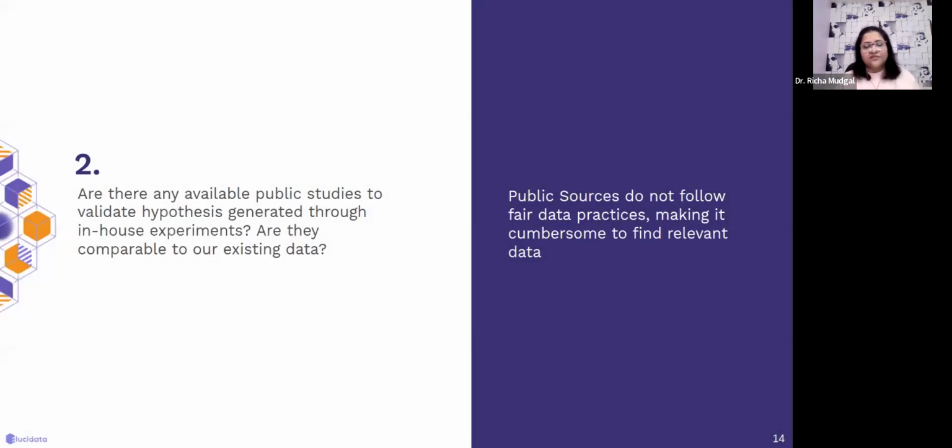Moving to the next thing that they wanted to do, they also wanted to understand from other public studies that are available that could help them in generating and validating their hypothesis. One key aspect that we need to understand here is that they were running some microRNA experiments, and these microRNAs are generally very tissue specific, and they are known to repress the gene functions, and they tend to be good biomarkers for early detection and diagnosis.